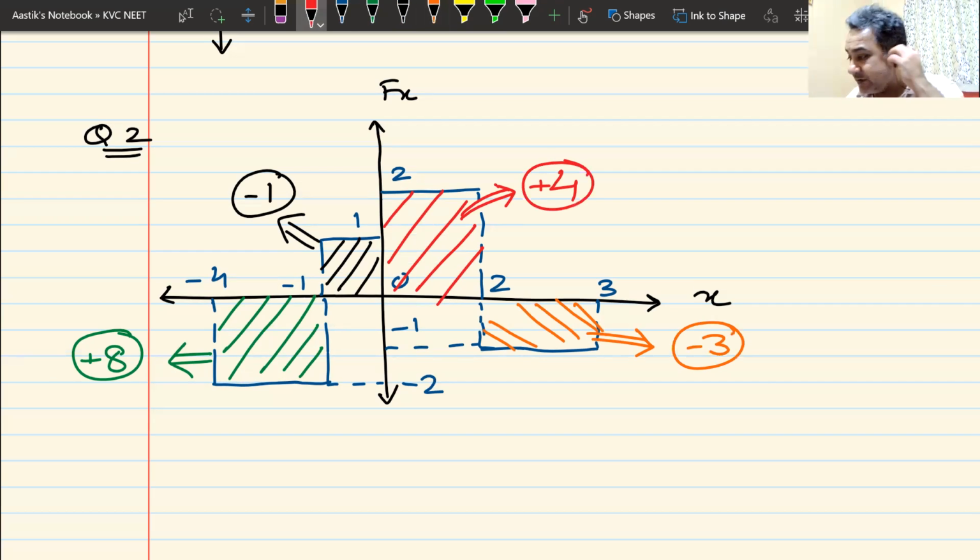+4 is the answer for this. You can add, subtract, and you will get the final answer. I think the final answer would be +8. Do we understand this? Can I have some response that we understand this? Yes, Abhiram, 8 joules is the answer. How I have found out the area and how I have taken them to be positive or negative. If anyone has any doubts, please raise it now. I'll give you 2 minutes. Think about the question. If you have any doubts, please raise me and note down the answers.